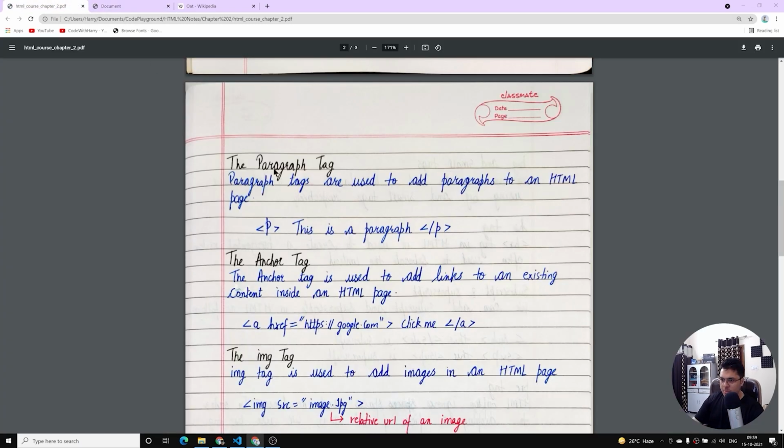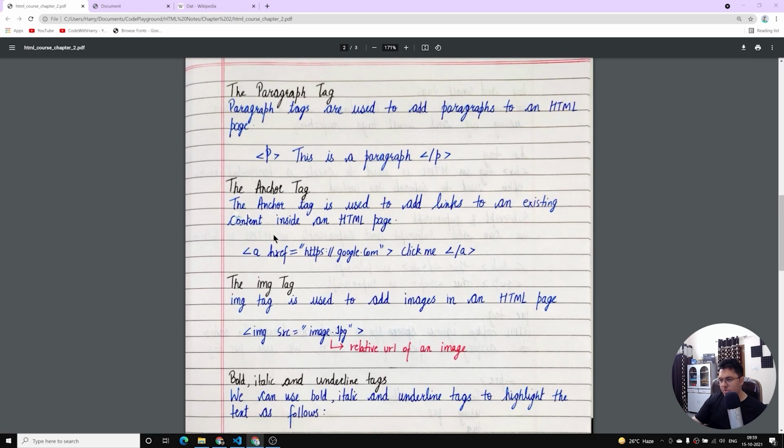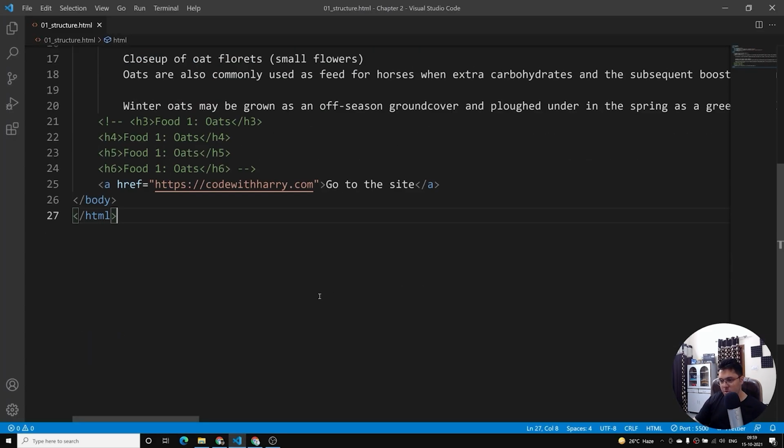Okay, now coming back to the notes, you can see that another tag I want to talk about is the anchor tag. We have already seen this tag. This tag was used by us to go to a given website. You can say go to site and it will go to the site which is written inside the href attribute. So I've written this inside the href attribute. I can also